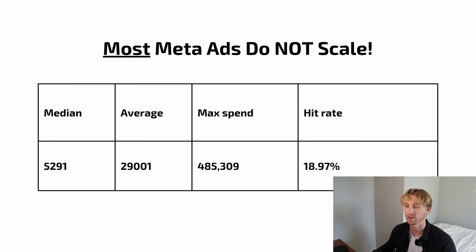And also take note of how much more spend the maximum spend ad got. This is the max spend that our best performer has gotten so far of our partnership, and as you can see, it's almost 500,000, which is crazy compared to the average or even the median. So much more. Now also take note of the hit rate for this account. It's 18.97%, so almost 19%. And this basically indicates that 19% of all the ads that we launch get an above